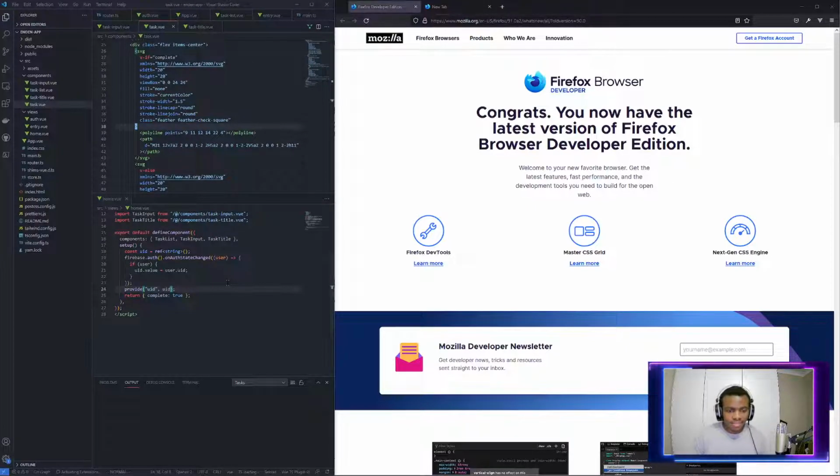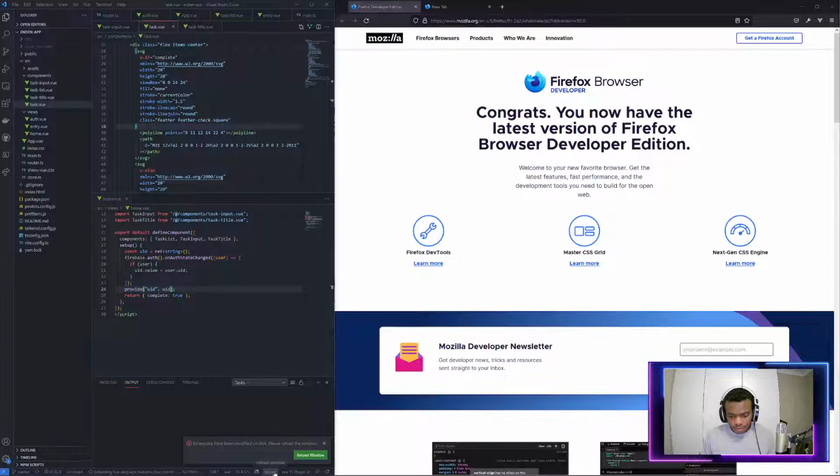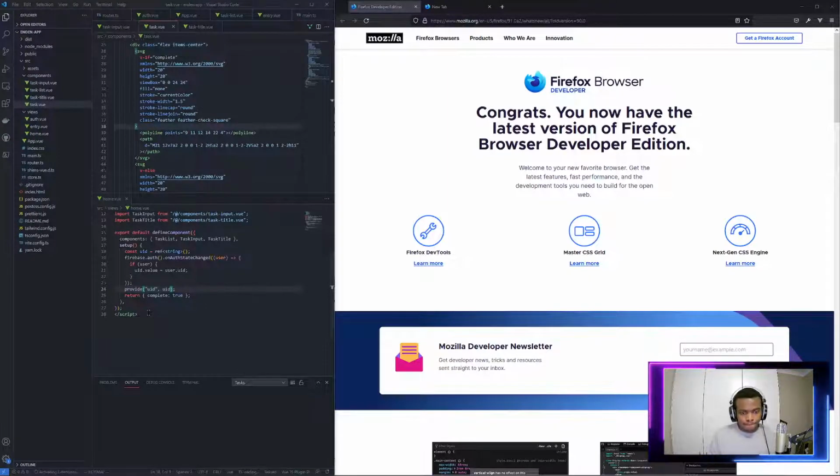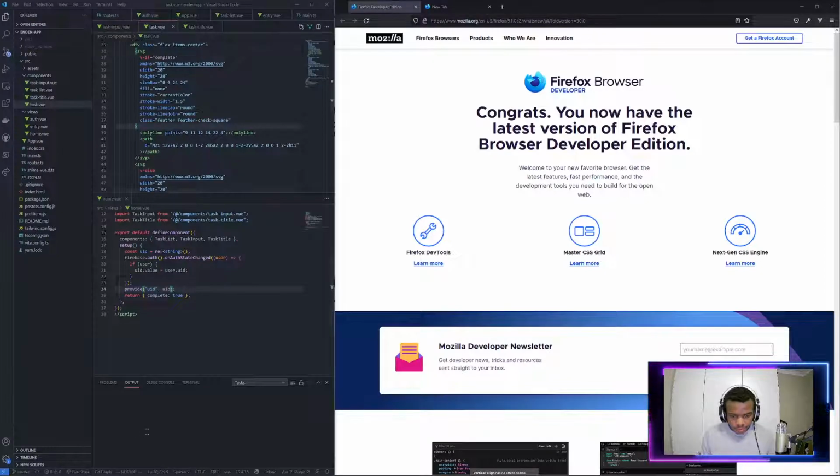Let's see. I don't even remember where it was. Extensions have been modified on disk. Please reload the window. Of course, I've been doing this for the last minute now. Where's